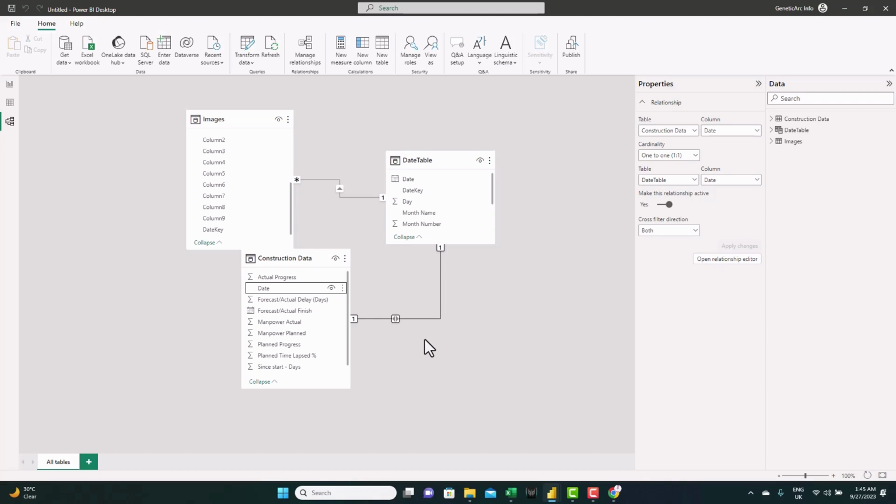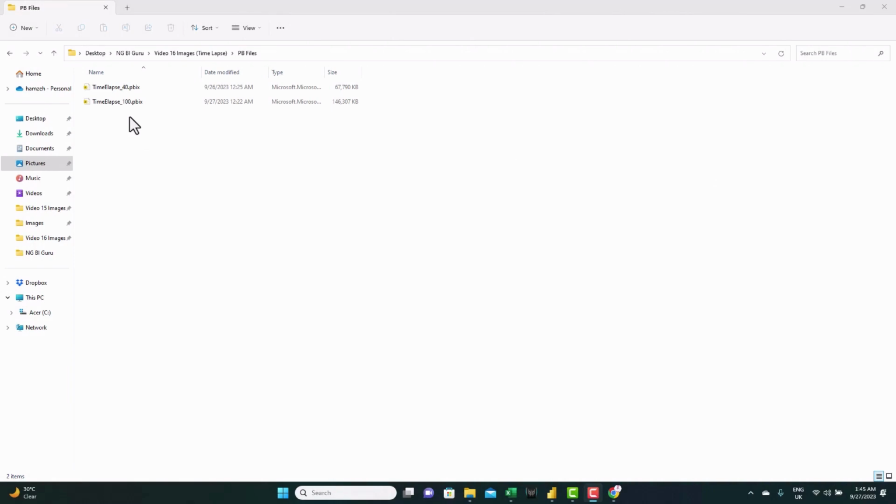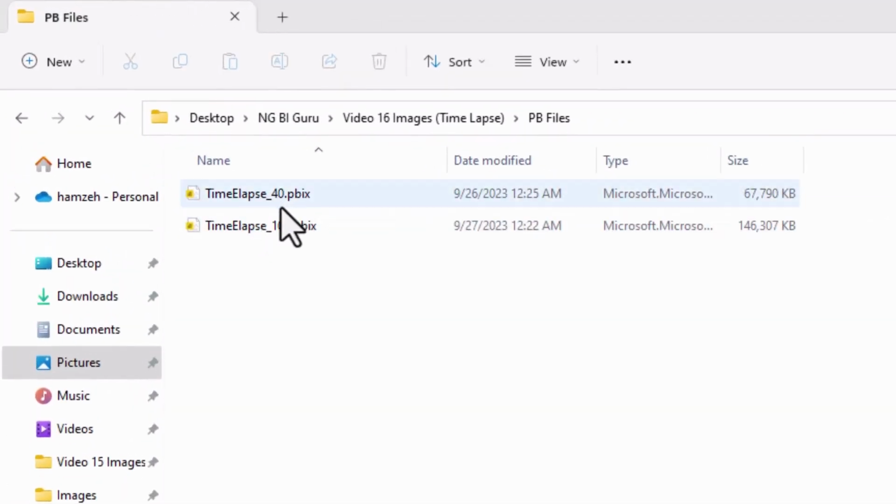But before we do that, as I promised earlier, I wanted to show you the effect of resizing the image. Now after resizing the image, we got 17 columns. Let me show you the effect on the size if we keep the image size as is. So here I have two files. One file has the image resized to 40%, like what we just have done, and this without resizing.